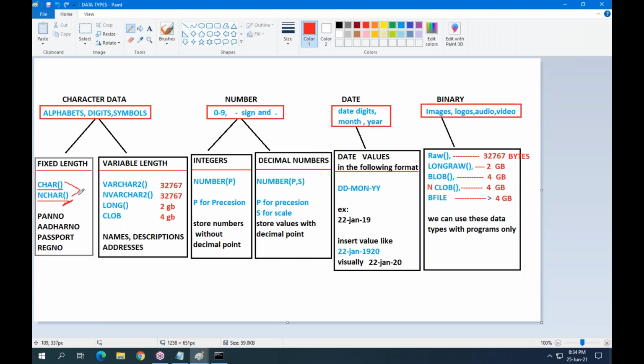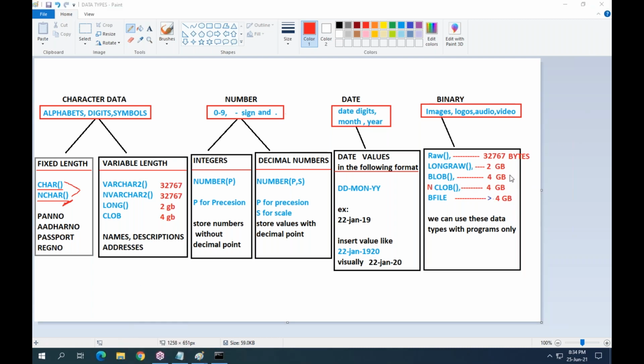One more point here, guys. If you want to store global language, at 3 levels we have to follow globalization methods. So the 3 levels are web page level, web server level, and database server level.